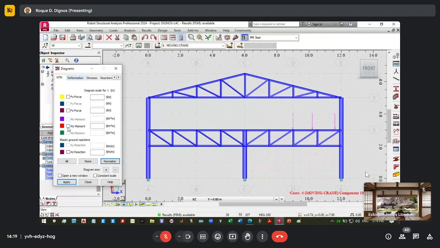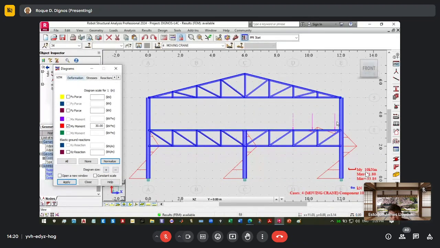If you want to see the diagram, you are looking at the local level. The major axis of the section is the y axis, and the minor axis of the section is z, and x is running along the length of the member or the beam. If you want to get the bending moment, we click My, and then we apply.